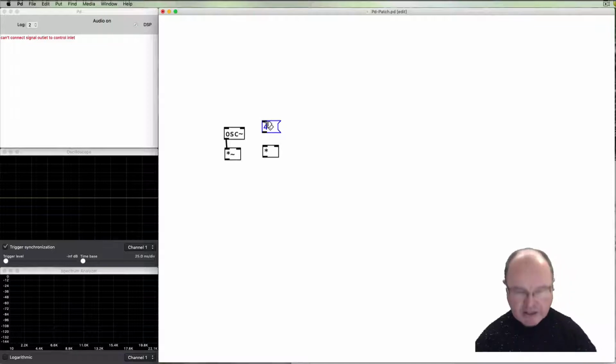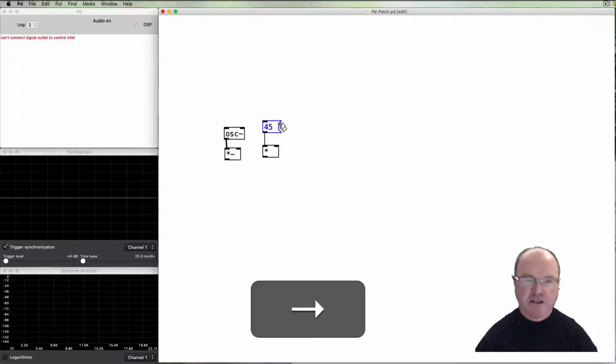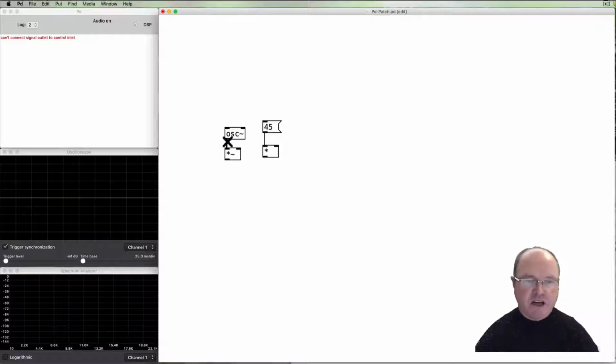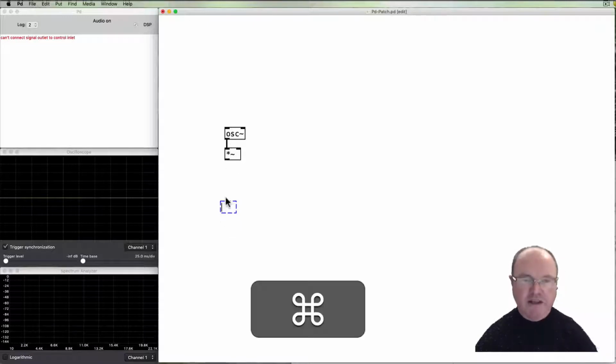Let's put a message box here passing a number into this object to show one other thing. The other difference is the type of connection. We can see that there's a subtle difference between these two connections. The audio connection line is slightly darker, slightly thicker than the data connection line. That is another visual indicator that we're working with audio signals with the thicker line, and non-audio signals, just data signals, over here. Okay, so we have our oscillator, we have an amplifier, the multiply thing,